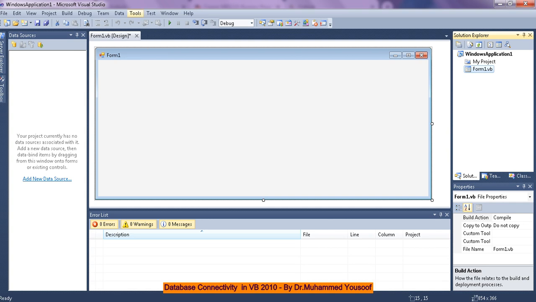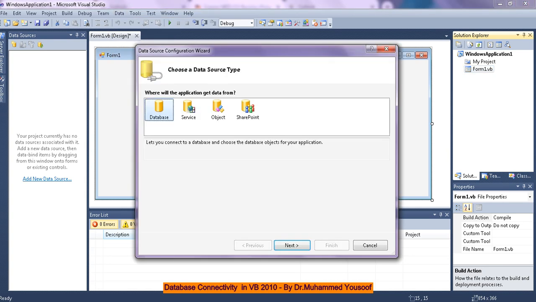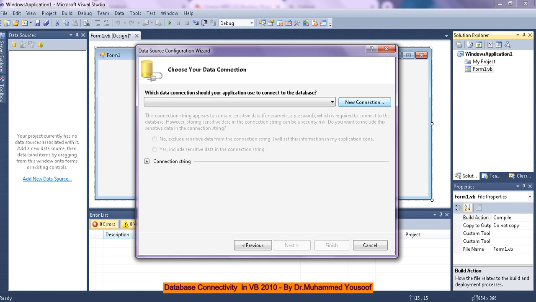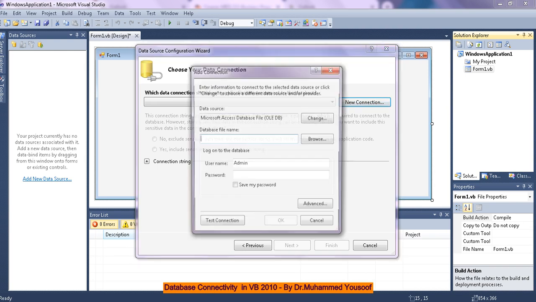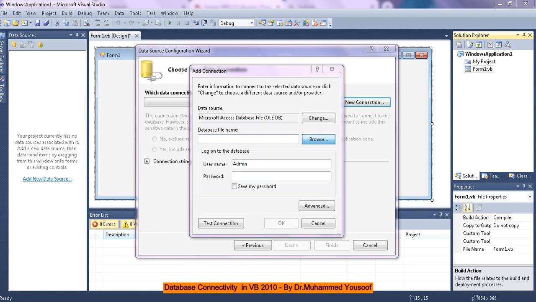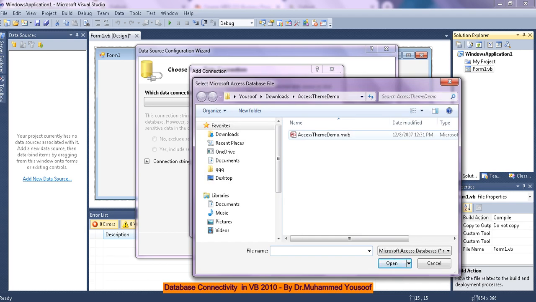Step 1. You have to go to Data, Add New Data Source. Choose the database, click next, choose the data set. By default it is data set. Click next, then click on new connection. Then browse for any Access file which you have created already. You should create an Access file. It is very easy to create an Access file. You know how to create, but in my case I am using this particular file which I have got. Now I give open,